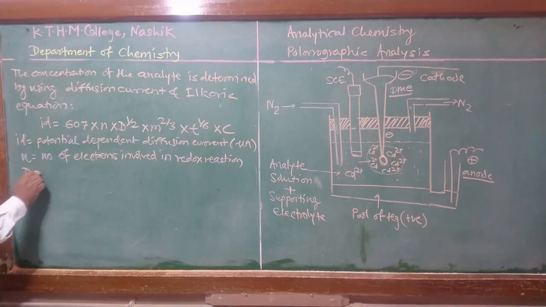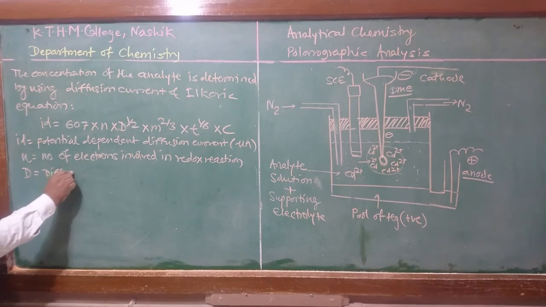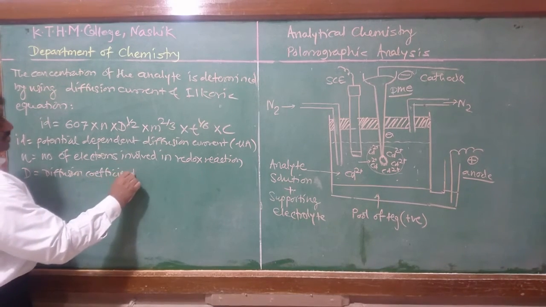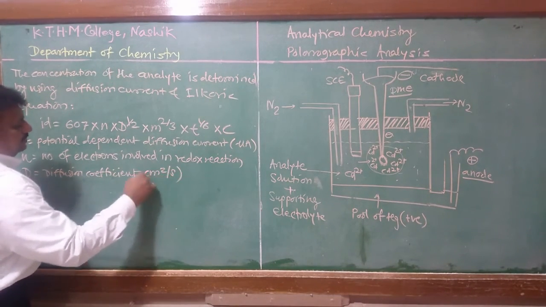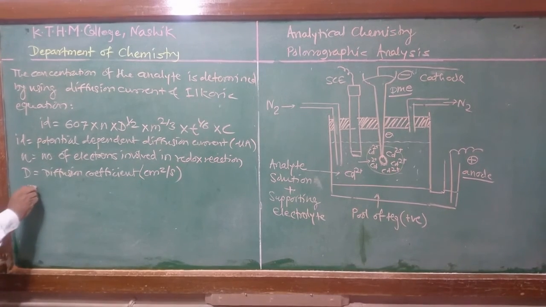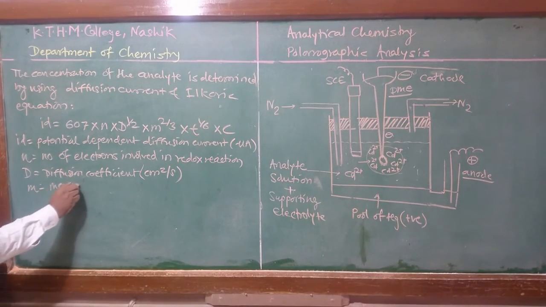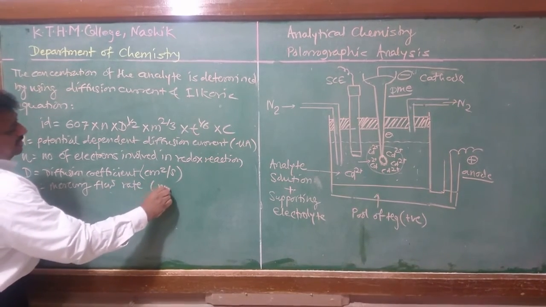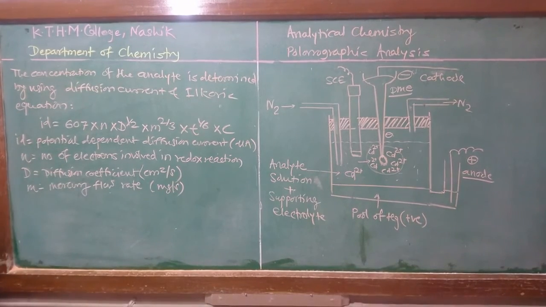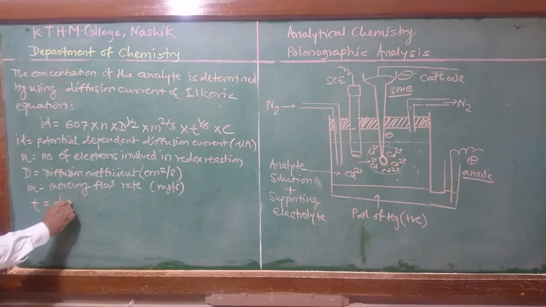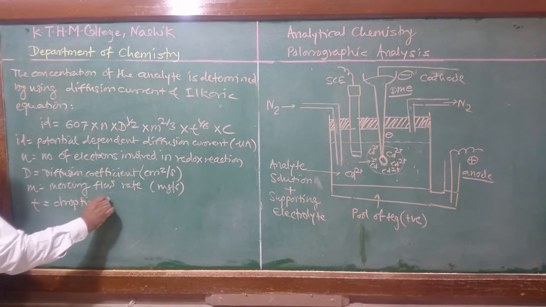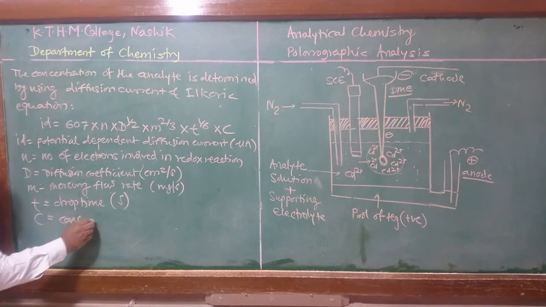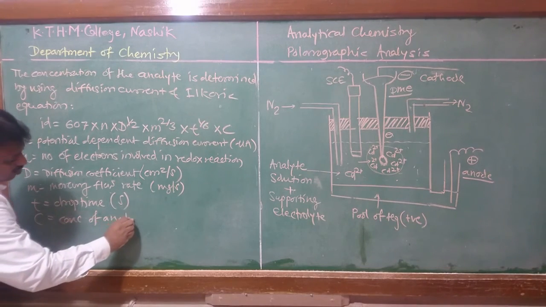Then here D is diffusion coefficient of the analyte, and it is measured in square centimeter per second. M is mercury flow rate, and it is measured in milligram per second. T is drop time, and we know that it is measured in second. C is concentration of analyte in millimole,